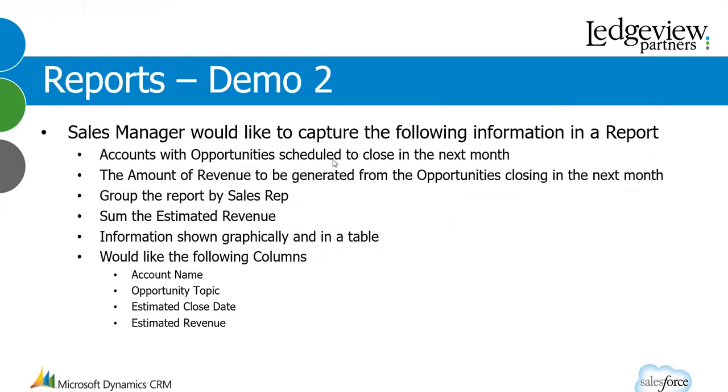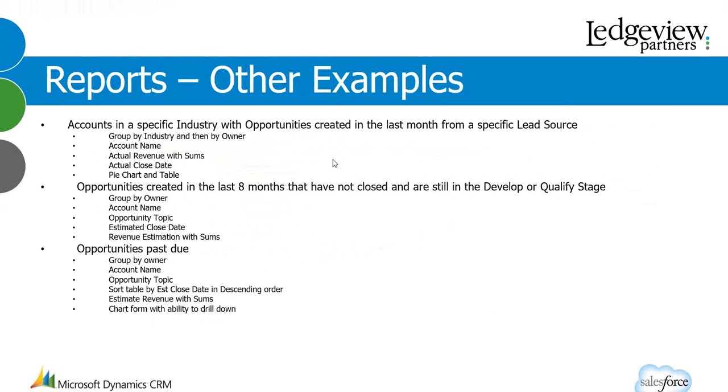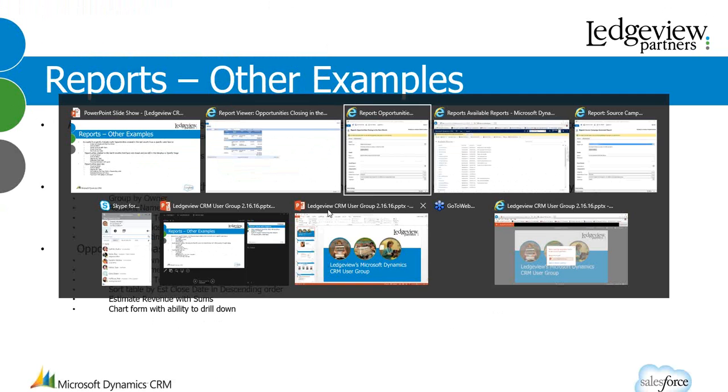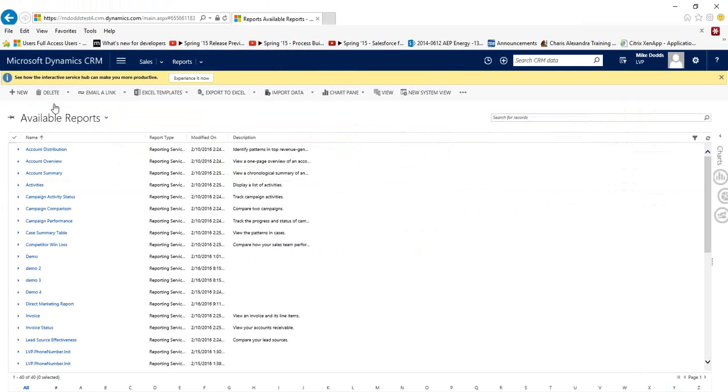If we jump back to our PowerPoint presentation, there's a couple of other examples that I'd like to run through. Just 3 quick ones. I've already created these, so it's just going to show you a way in which they were created. One is accounts in a specific industry with opportunities created in the last month from a specific lead source. Opportunities created in the last 8 months that have not closed and are still in 2 specific stages, and opportunities that are past due. So we're going to jump back to our CRM, and we're going to dive into these